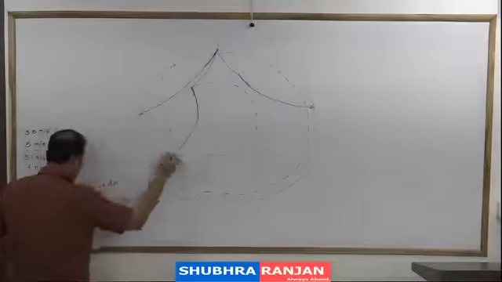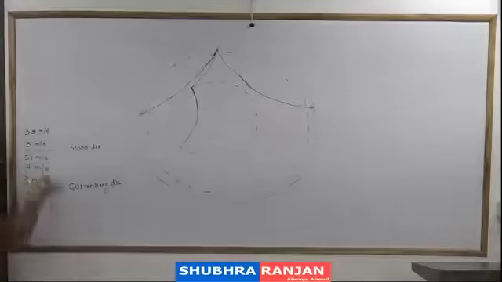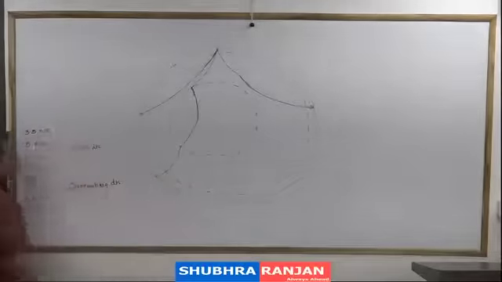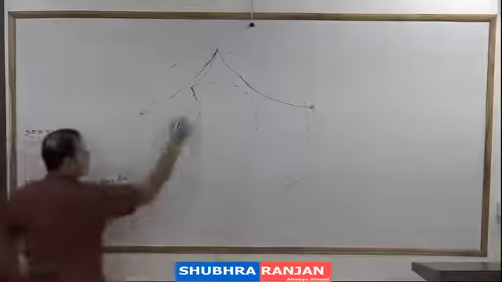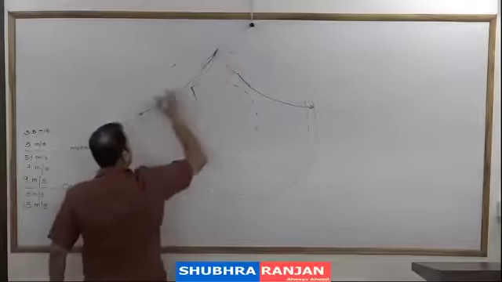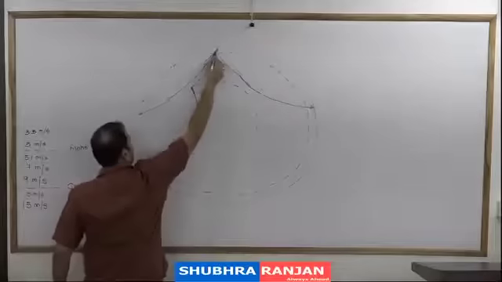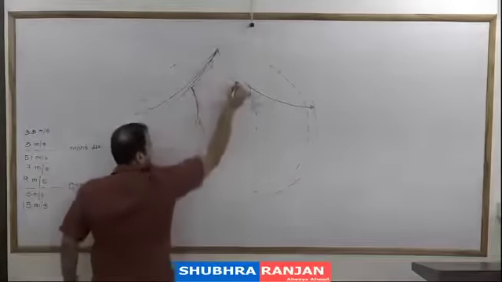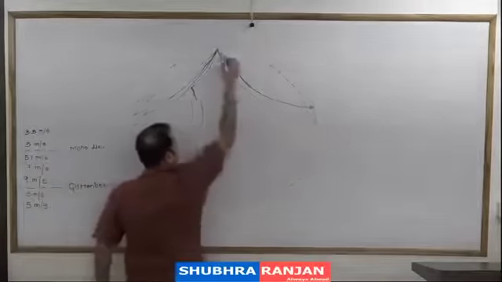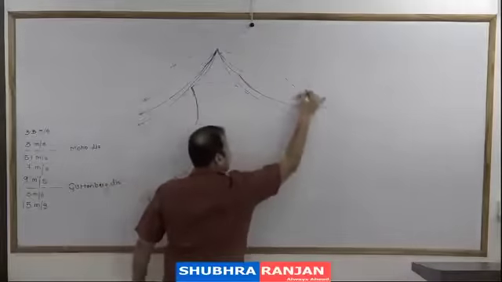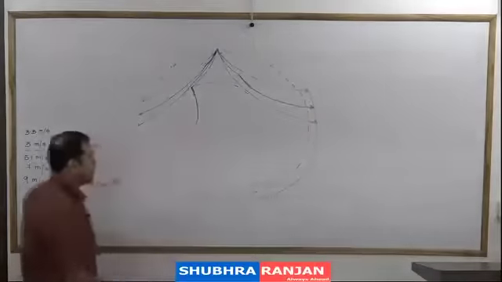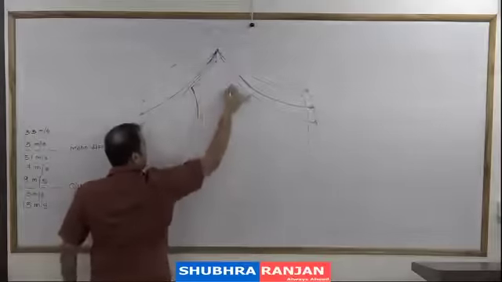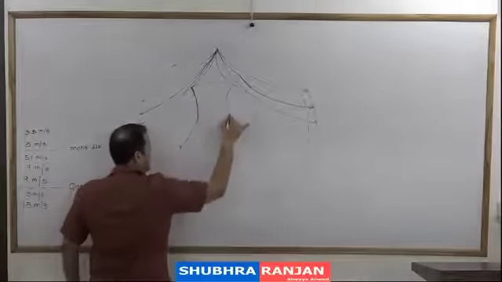Again when it comes here, there is a decrease in the speed, but once it comes here, what happens? There is again an increase in the speed. So another P wave, one P wave is here, it will behave in the same manner. There is another P wave, it will behave in the same manner. There is a third P wave here, behaving in the same manner. And from that we get to know how the direction keeps on changing. But this P wave behaves in a very different manner.